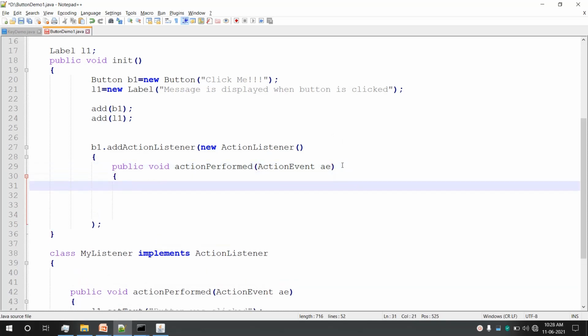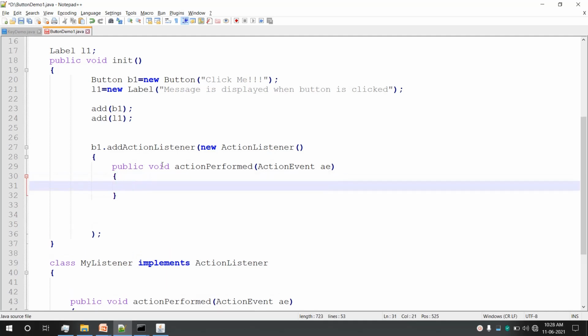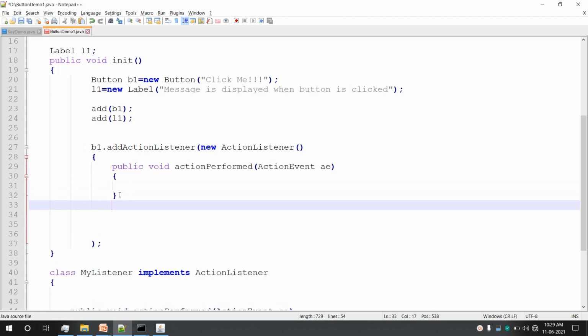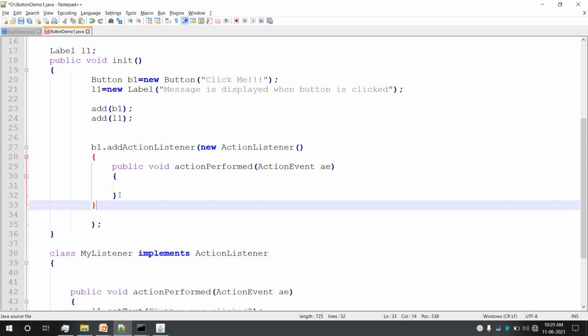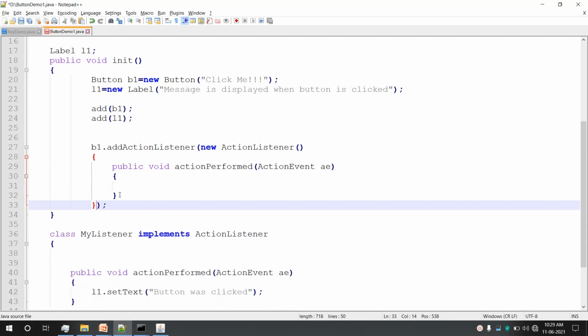Okay, so this is done. We have action performed, then this is open, so we have to close that bracket, and after that, you can see this is very important, we have to close a round bracket and then the semicolon.